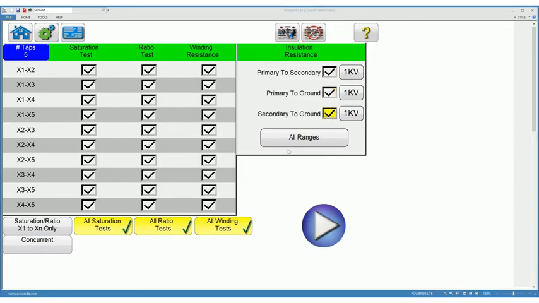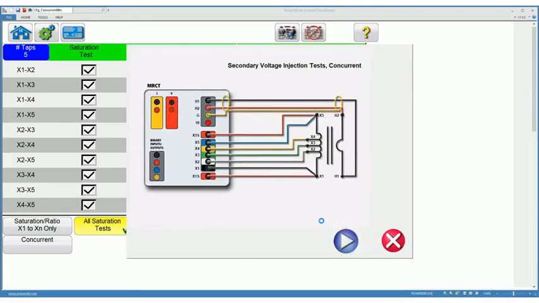We can also choose to perform all tests concurrently or non-concurrently. Ideally, we'd perform the tests concurrently, which leads to significant gains in testing time. After we've selected all the tests that we want to perform, we click on the test button, which brings up the connection diagram, and after we've checked that our connections are correct, we can hit the test button again,